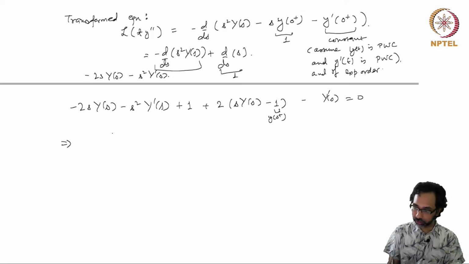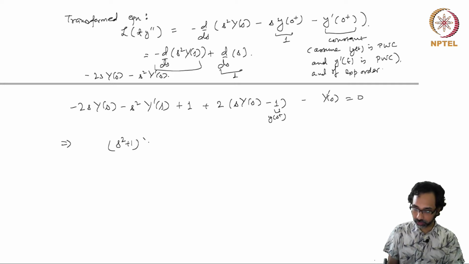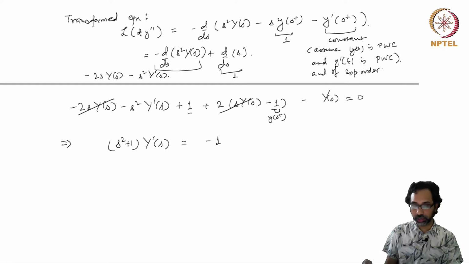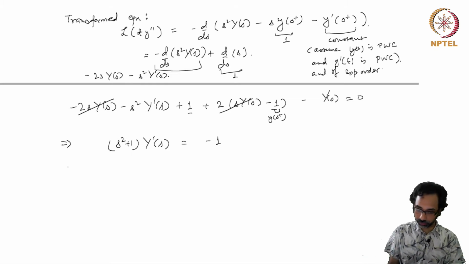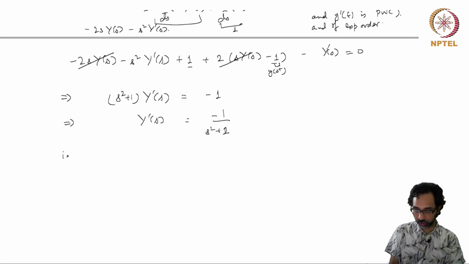We can rewrite this as s square plus 1 times Y prime(s) equals, so minus 2s Y(s) plus 2s Y(s) will cancel out, and you will have minus 2 plus 1, this is minus 1. Therefore, Y prime(s) is minus 1 over s square plus 1, and so this is again a differential equation, and you can integrate on both sides,